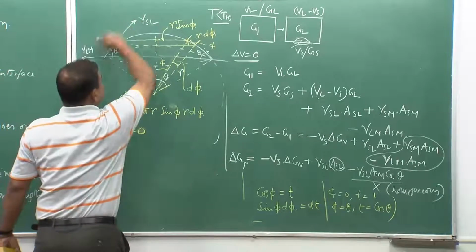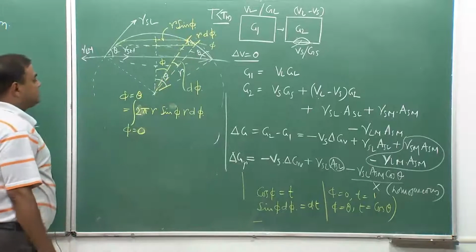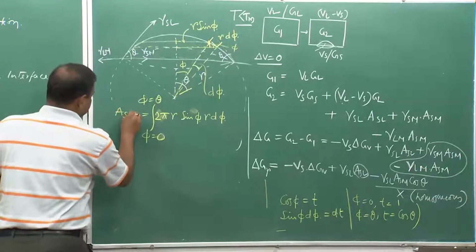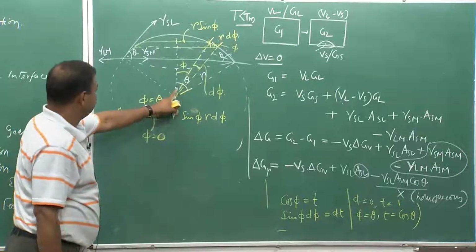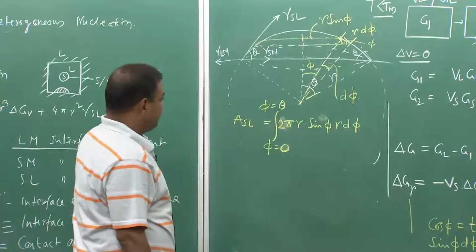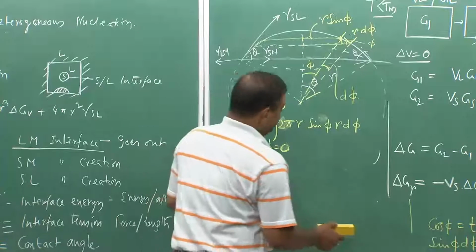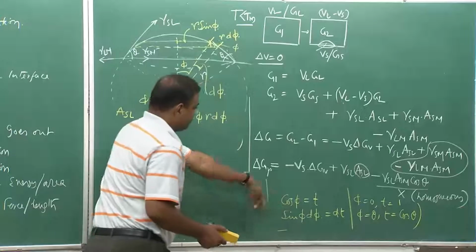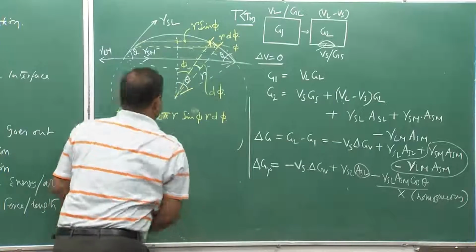So this perimeter multiplied by this particular curved length becomes my A S L, and the limits would be the same, from 0 to theta. Now if we do this particular treatment, we do not have to do this particular adjustment. So we can simply get directly to